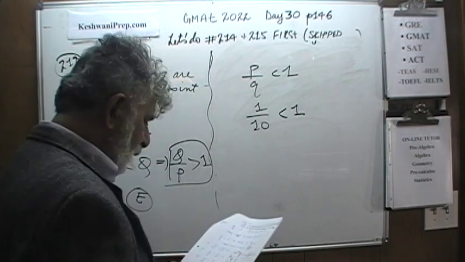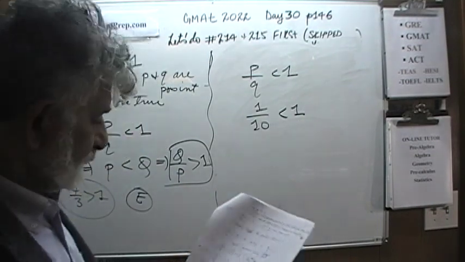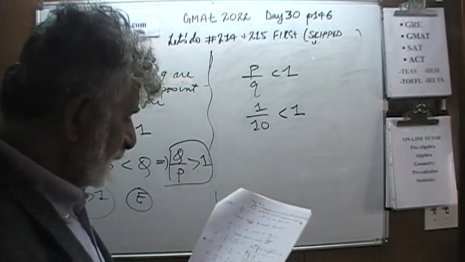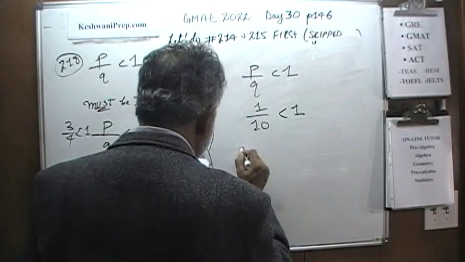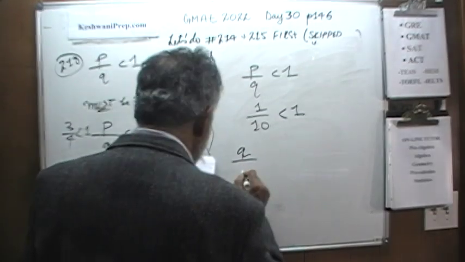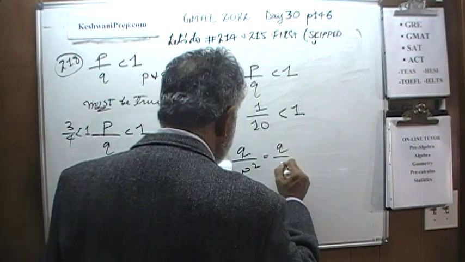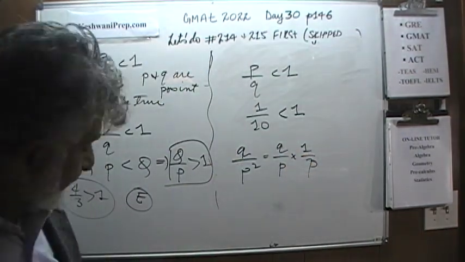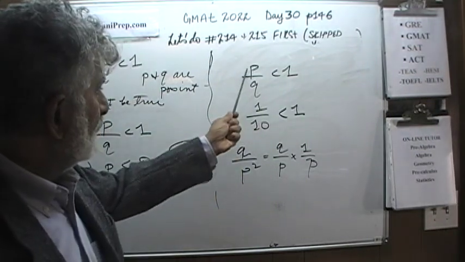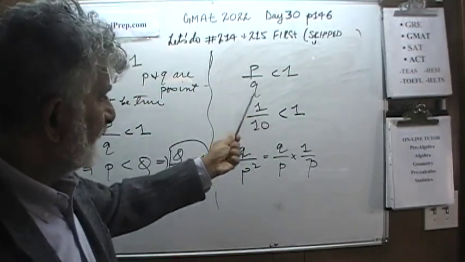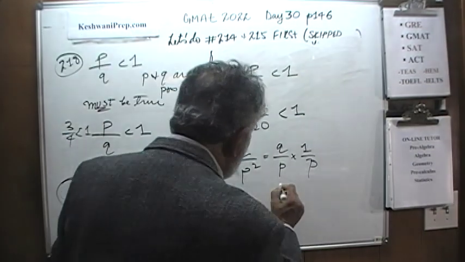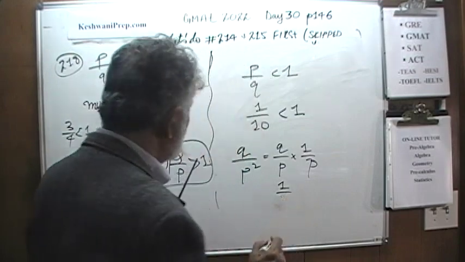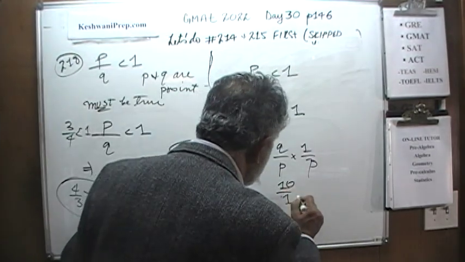If you look at answer choice D, all the others will not give you trouble. A, B and C will be fine, but in D we have Q over P squared, which is the same as Q over P times 1 over P. The problem we run into is that if we plug in 1 for P here, as we did here, then we have 10 over 1 times